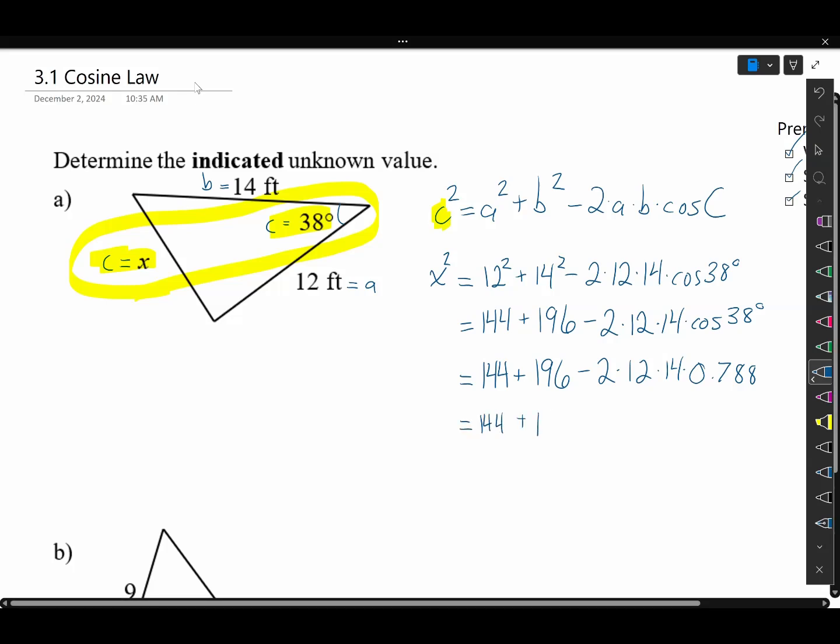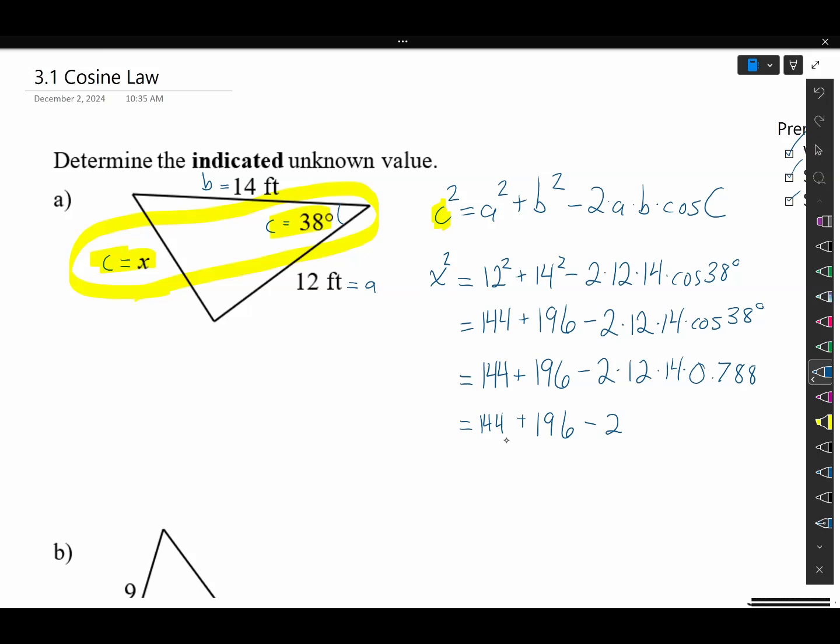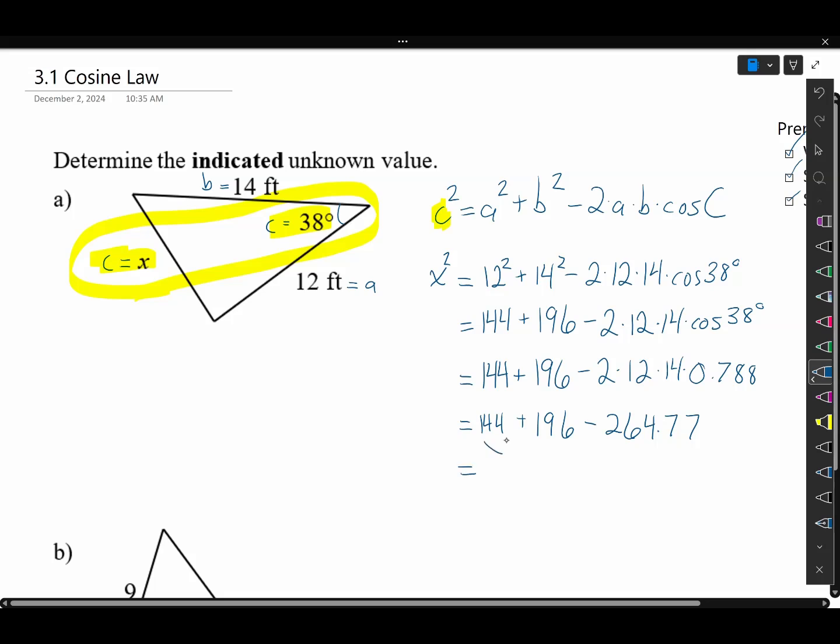So 144 plus 196 minus, and I throw this entire piece into my calculator, 2 times 12 times 14 times 0.788. Easy. I end up with 264.77 if I'm rounding. Fantastic. Now from here, because I've handled my multiplication and division, I'm finally ready to perform